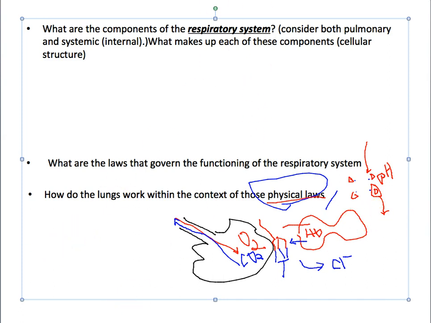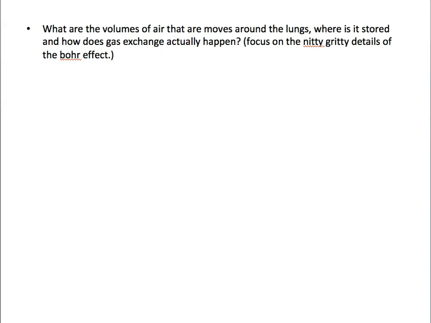Cool. I hope all this makes sense. Okay, so let's get out of this. Boom. Let's do this. What are the air volumes that are moving around the lungs and stored in how much, and what's the nitty-gritty details of the Bohr effect? Well,